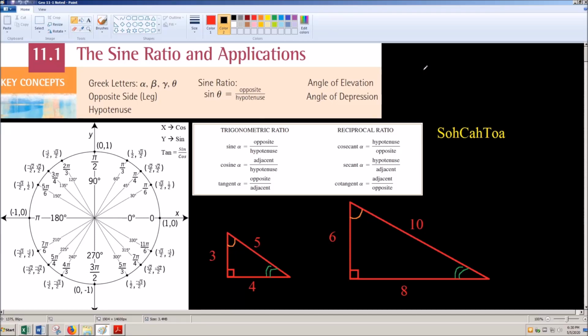Pretty exciting as we get into our introduction to trig here. So chapter 11 is going to be just looking at a high level of trigonometry. We're going to get into some of the concepts, but we're going to keep it again at that 30,000 foot level. We're going to see a few different functions. So we're going to see our sine, cosine, tangent functions, which doesn't mean anything to you now, but